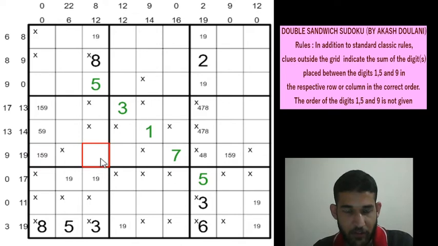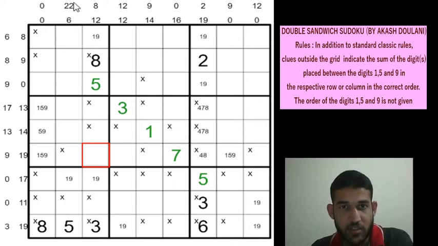And we cannot have a 1, 5 or a 9 here, as that would force a 9 here. But 9 is one of the crust of the sandwich. So this is not a 1, 5 or a 9. So this is going to be an X. And this will be a 5 or a 9. Right?